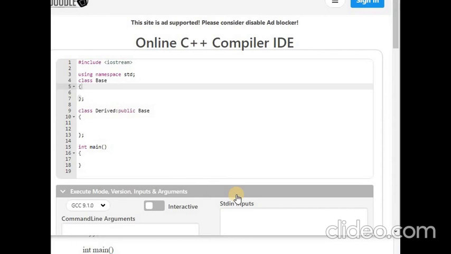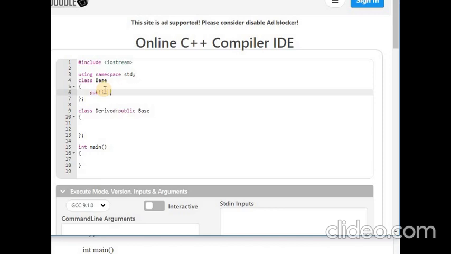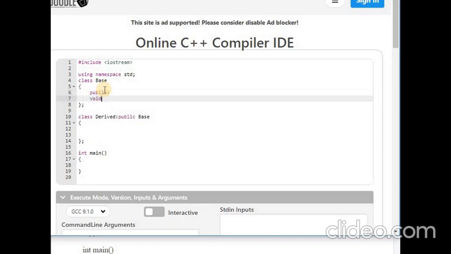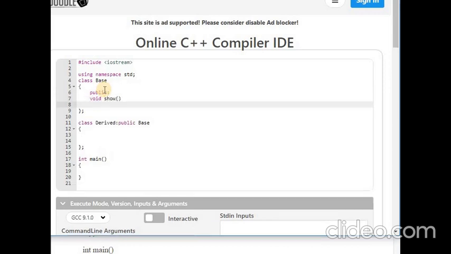So here we have two classes. I have created the format of inheritance here, and I'll just add public here because all the member functions are written inside the public section. Suppose we have one function show, which is just displaying a message to define that it is the main class or the base class.